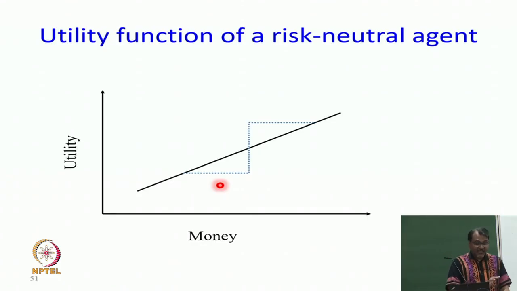So, for the rest of the course, we will still work with expected value, but at the back of your mind you have to realize that you may not use pure rewards. You may use another utility function on top of those rewards if you are working in a space where agents can be risk averse or risk prone. But as long as they are risk neutral, this is a good enough model.